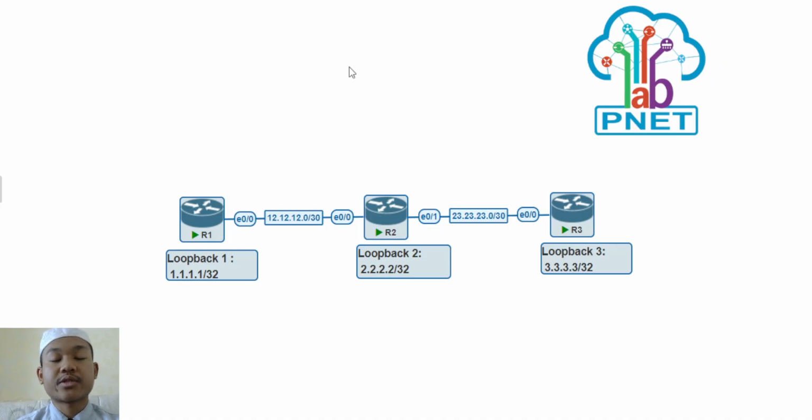EIGRP, Enhanced Interior Gateway Routing Protocol, defaults to an administrative distance, or AD, of 90 for internally learned routes, or routes originating from EIGRP within the same autonomous system, or AS.